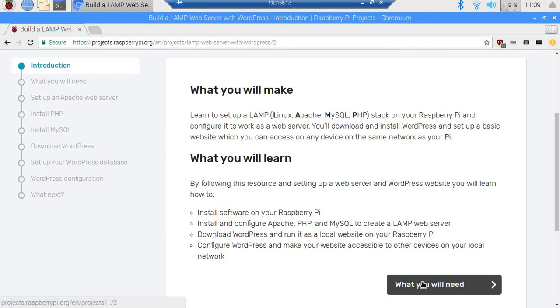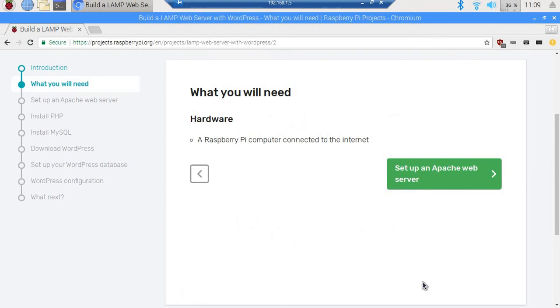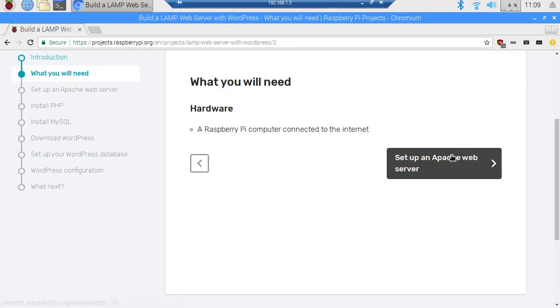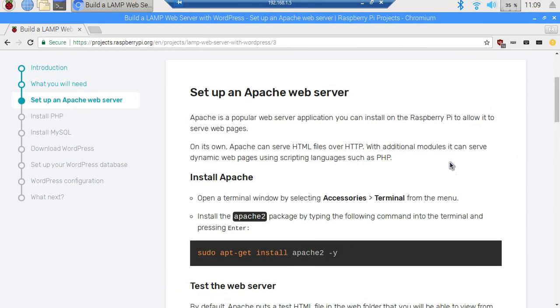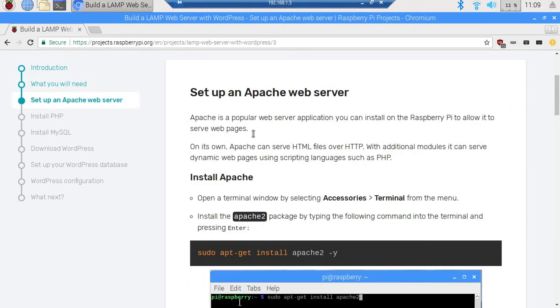So what we'll need is hardware, a Raspberry Pi connected to internet, and after having the Raspbian OS, the first step is to set up Apache Web Server. To set up an Apache Web Server, firstly we have to install Apache. So we'll write this command. Now where we have to write this command, we'll go to